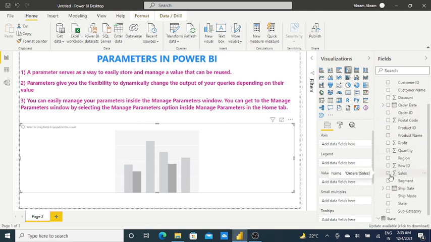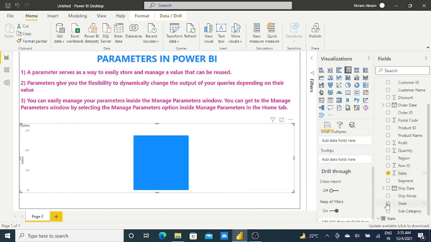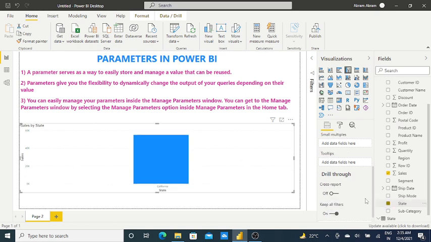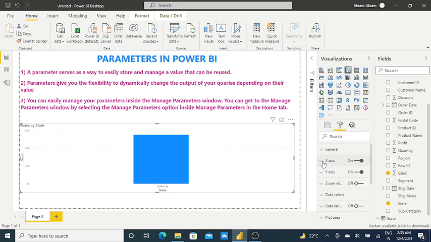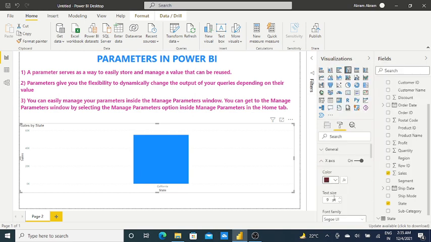What we want to see is the sales by state. Let me select the state. Previously, when we came from the transformation, we selected California, right? So you are able to see California here. Let me increase the size so that you can easily find the California name.